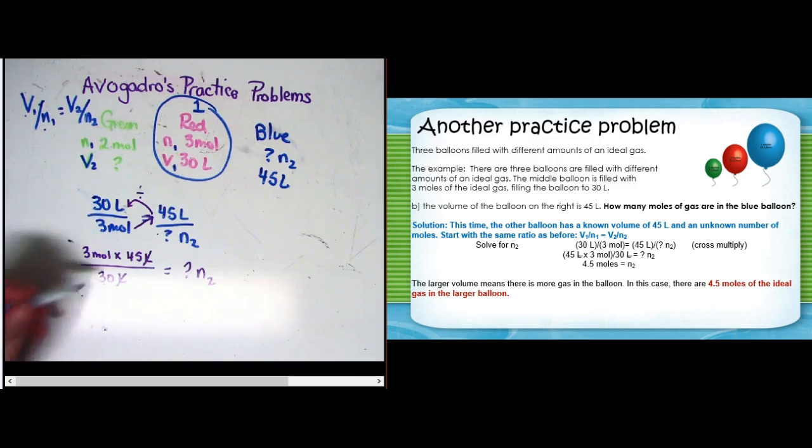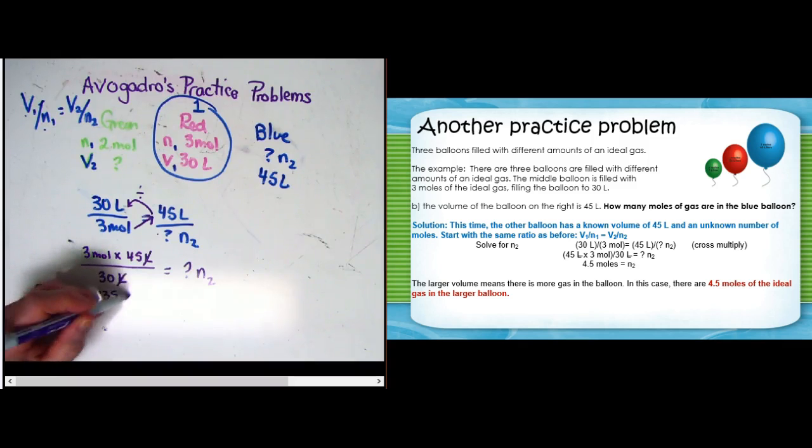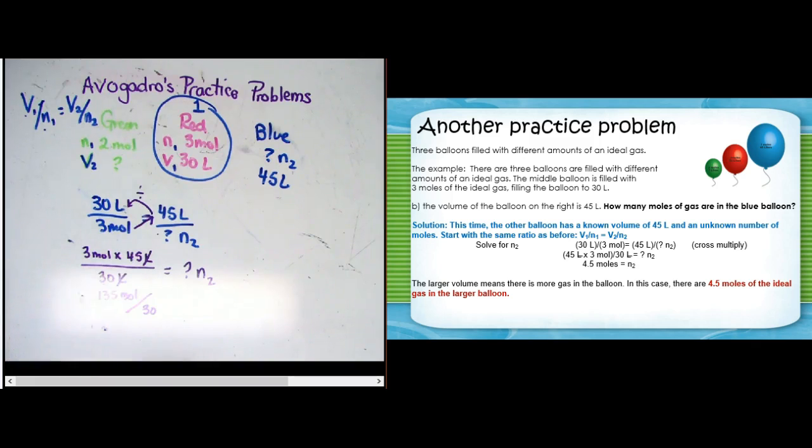Liters cancels. So what we end up with here is 135 moles, because the liters has canceled, divided by 30. Alright, and that should be 4.5 moles. Again, I will let you do your math the way you need to, but you have both practice